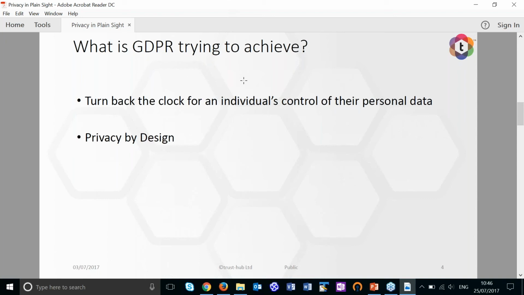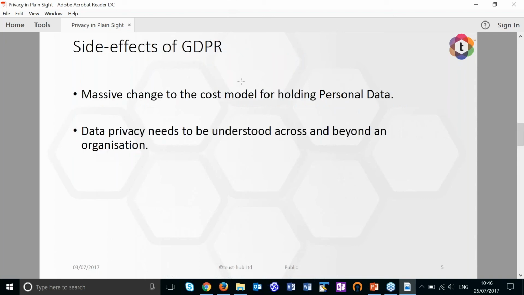So there are a couple of themes there that I think are worth highlighting. There are also a couple of side effects of GDPR, which are not intrinsic in the regulation itself, but are a result of it. One of which is a massive change in the cost-benefit model for holding personal data. Under the Data Protection Act, there is little cost to holding personal data, and there is a lot of benefit. That's why companies collect a lot of data and then use that to mine. Under GDPR, that's changed. There are the much-highlighted fines: £500,000 under DPA and 20 million euros under GDPR. But also